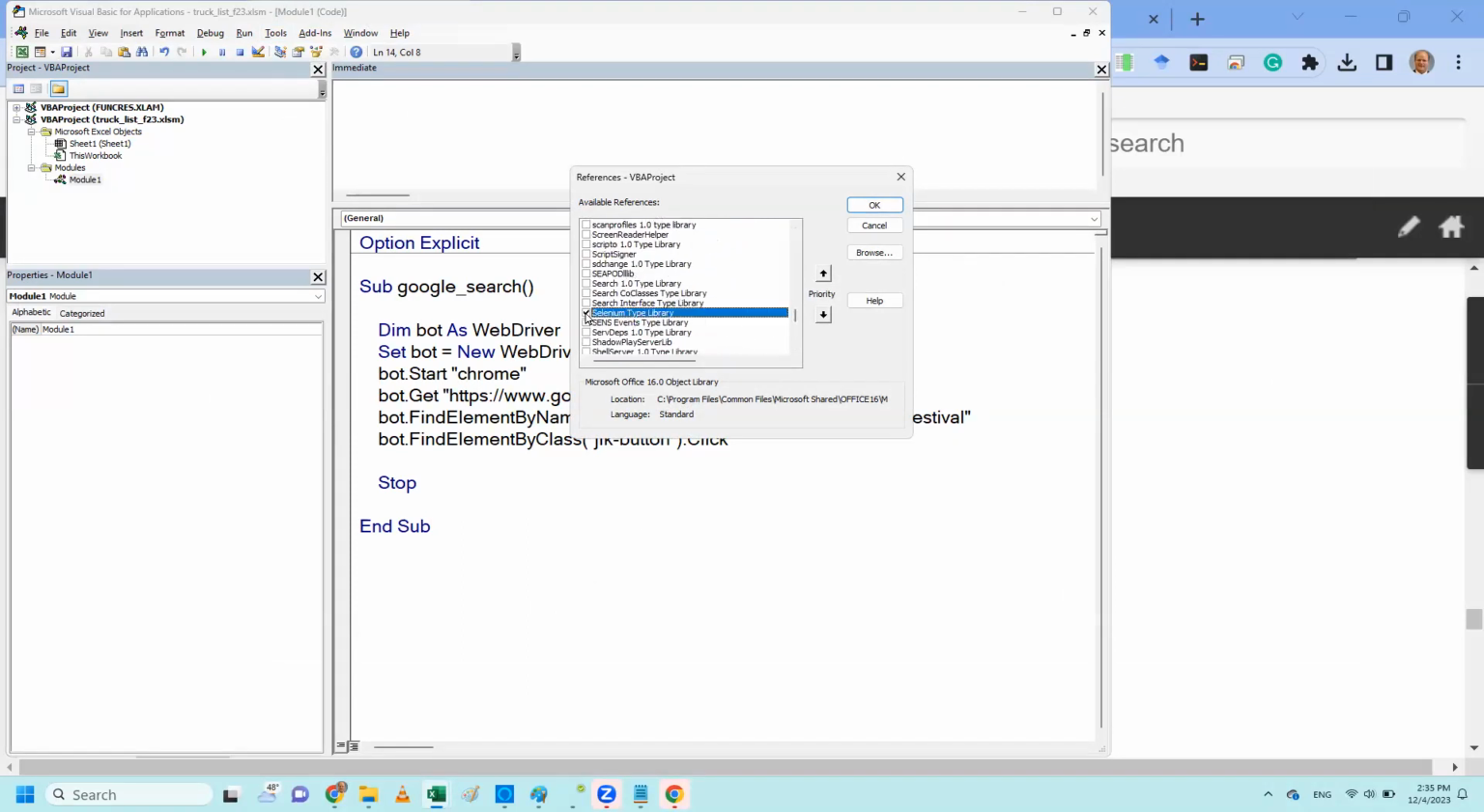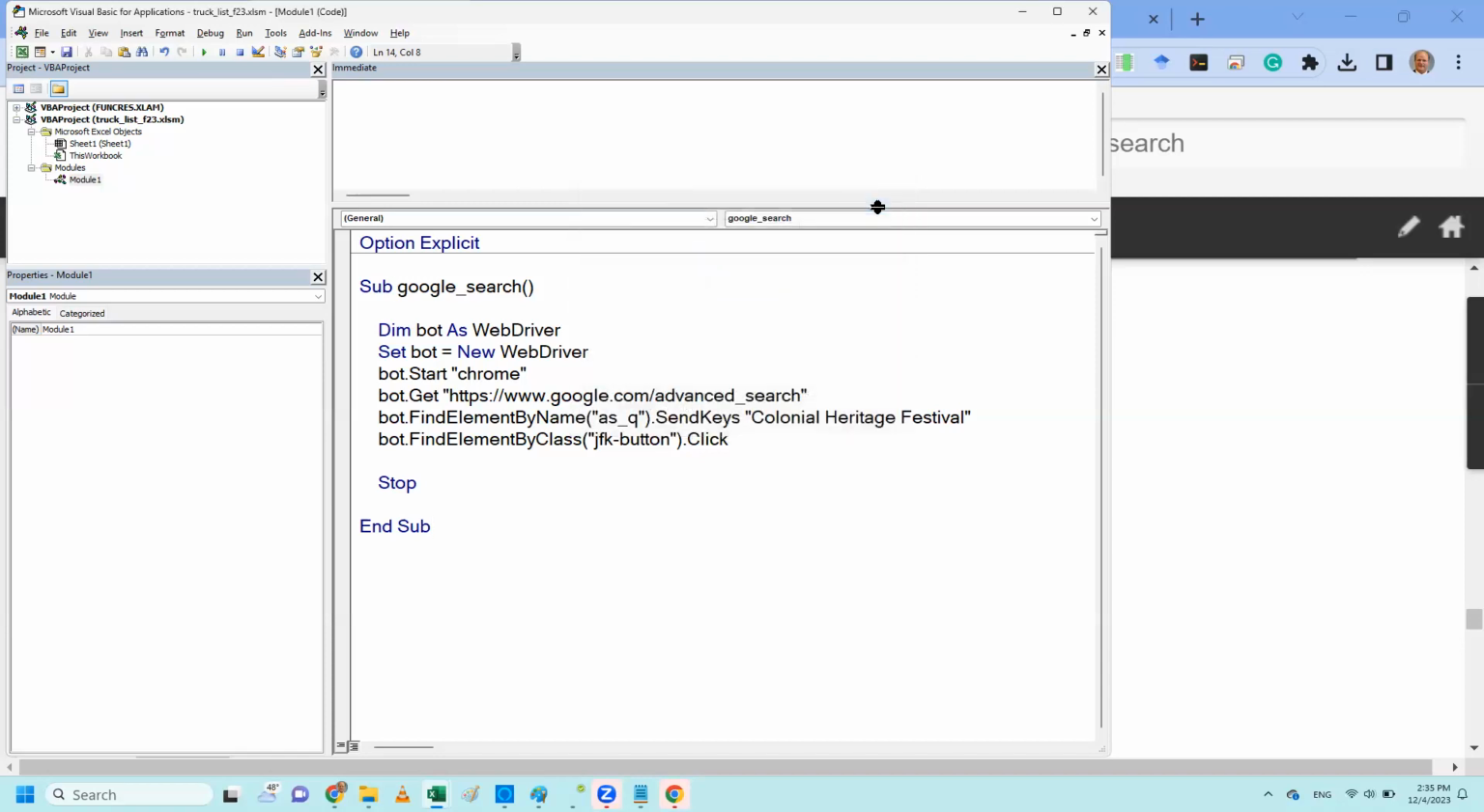Selenium type library, there it is. All right, so choosing that Selenium type library then gives me the WebDriver object. Without going through the installation process and without making that reference to the Selenium type library, this code simply won't run. But now that should run,